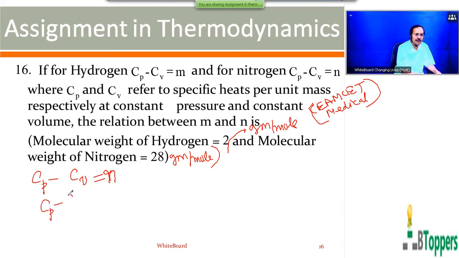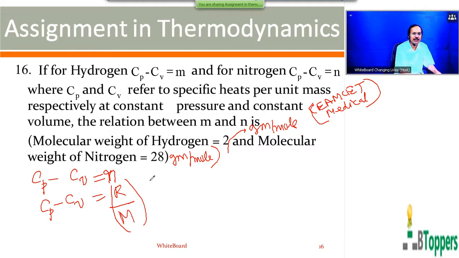That is specific heat per unit mass, which we call ordinary specific heat. Small r can be called the specific gas constant. You can write Mayer's relation: the difference in the specific heat of the gas per unit mass at constant pressure and the specific heat of the gas per unit mass at constant volume, or the difference in the ordinary specific heats of the gas at constant pressure and constant volume, will be equal to the ordinary gas constant or specific gas constant, which you can write as the molar gas constant divided by molecular weight.